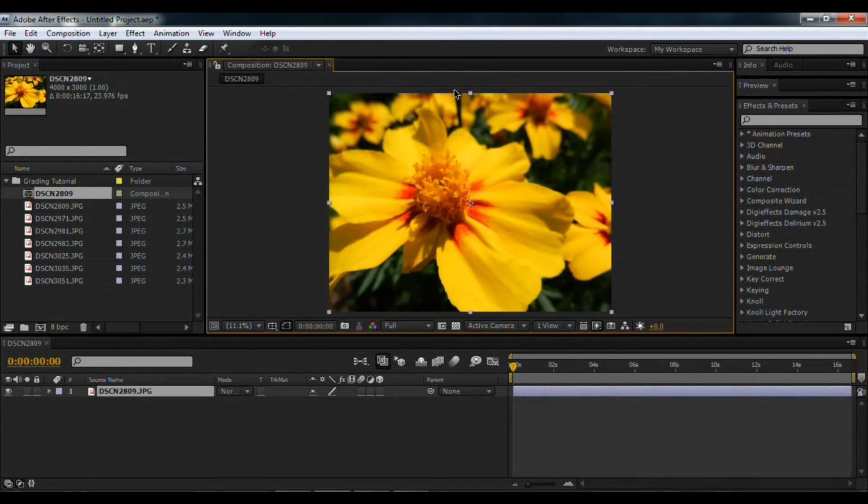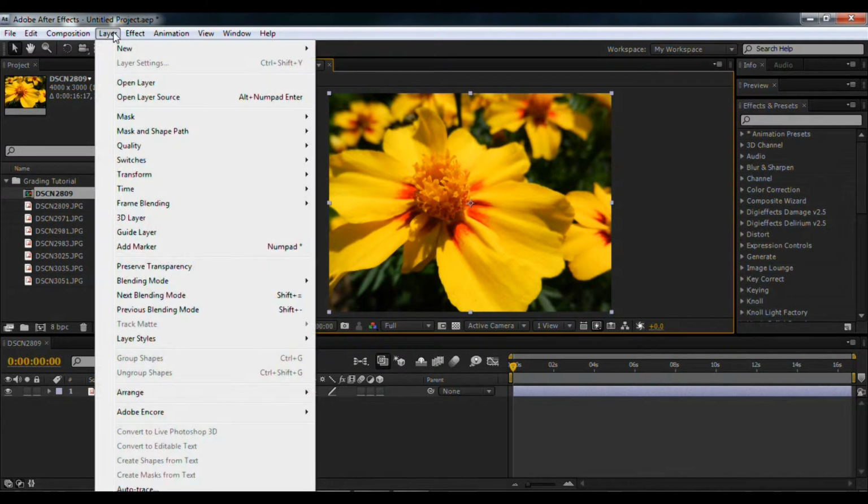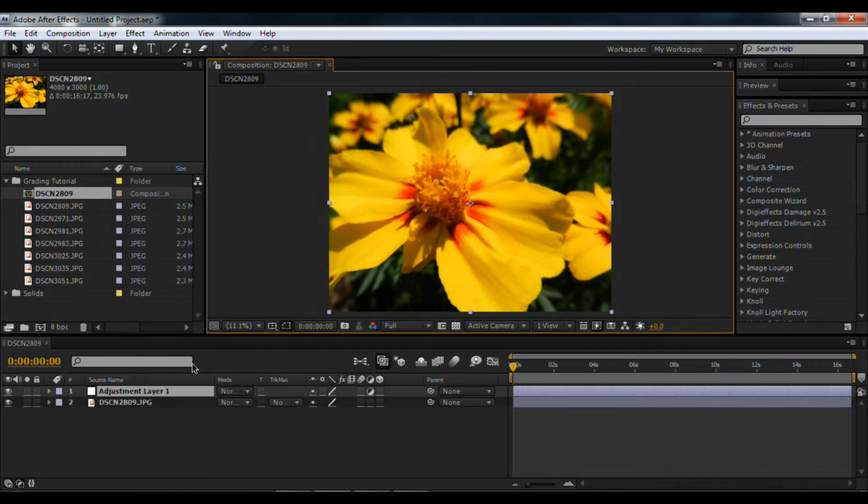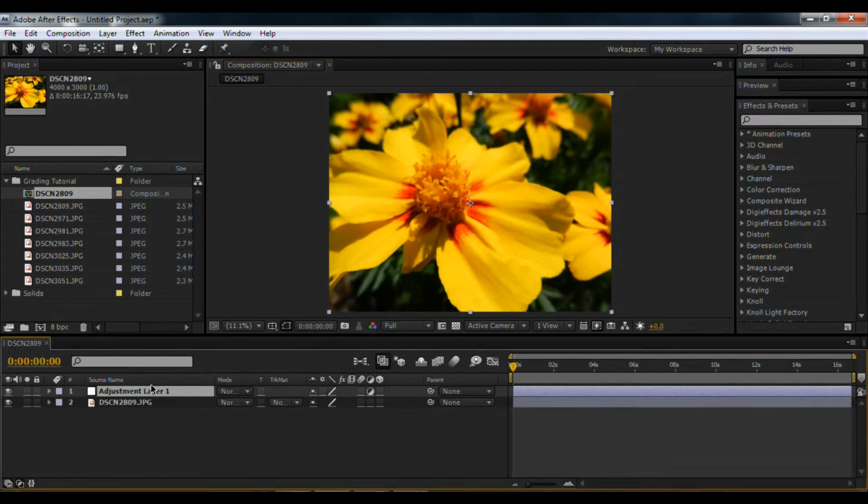So for me, color grading is very fun. Normally I'd use, if I have a few weeks, I'd use DaVinci Resolve or Adobe Speed Grade. If I have a few hours, I'd use Magic Bullet Looks, which is awesome. But for this one, I'll be grading inside of After Effects very quickly. Now, the first thing I want to do is I want to add